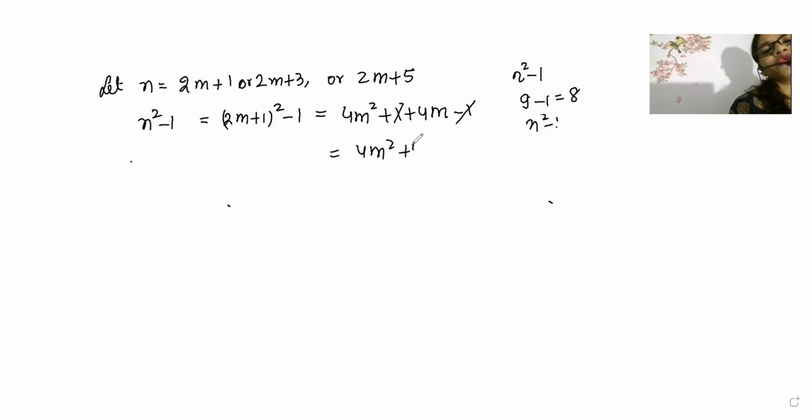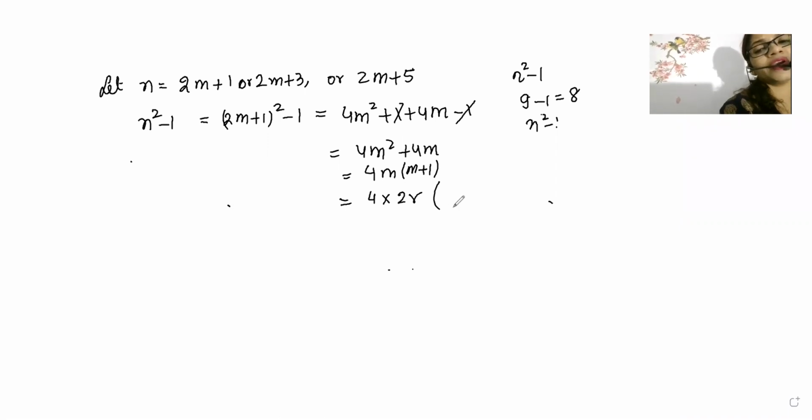So 4m square plus 4m. Now 4 is coming, m is coming. Did you have doubt in this question? Now beta, here two consecutive numbers are there. The product of two consecutive integers is always an even number. So here it will become 2r. How did it come as 2r? Since the product of